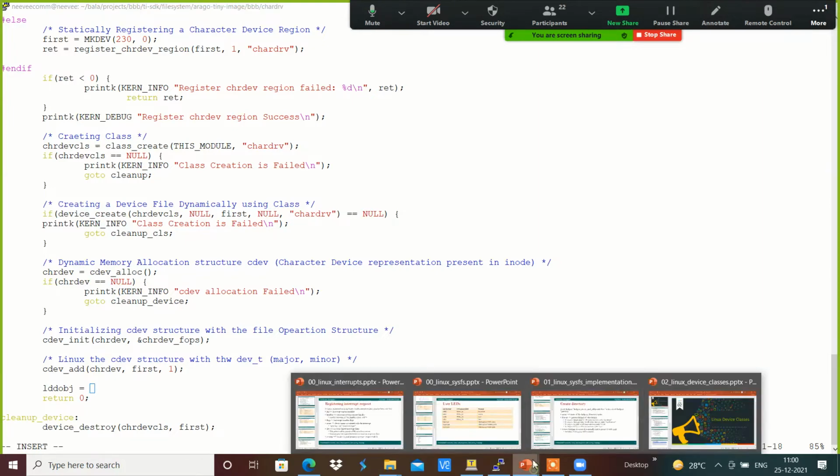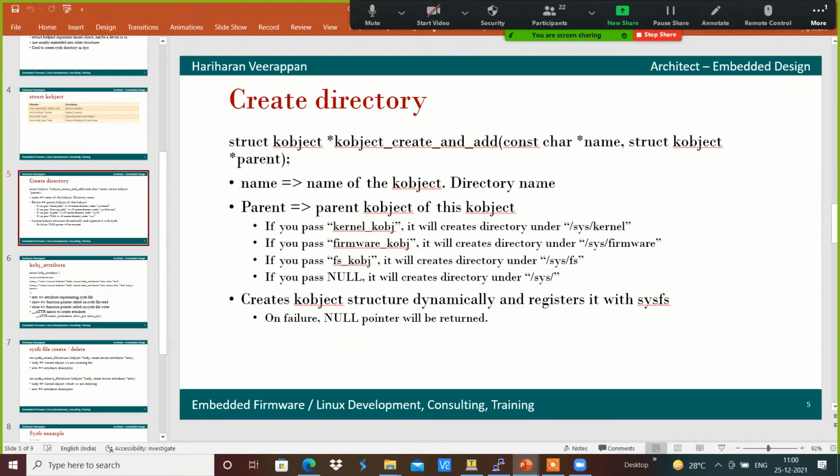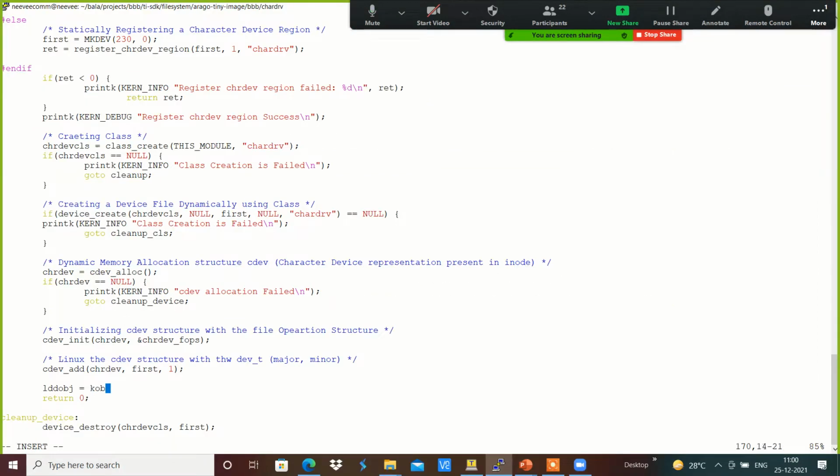like it has to create with the object, something like a k object, and kobject_create_and_add over here. And I am going to use kobject_create_and_add, which is the function I am going to create, and the directory which I am going to add, something like LDD, is the directory over here.